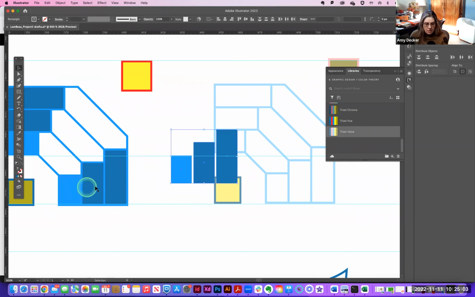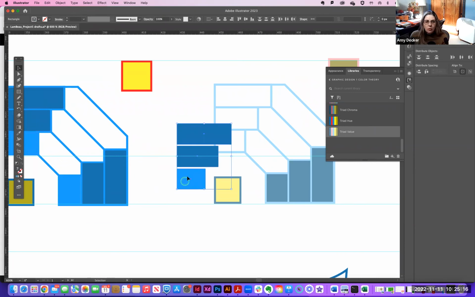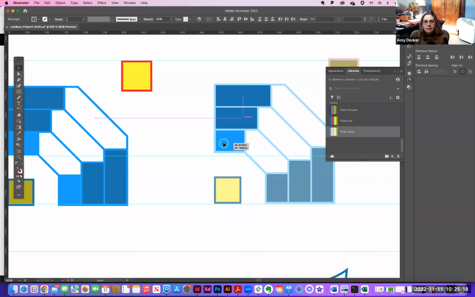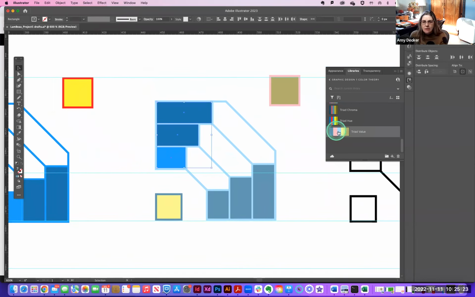I'm going to copy, Command V, these shapes, but recolor them with my new colorway. So whenever we're working in a lot of brands and packages, we